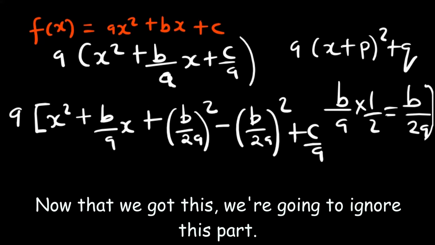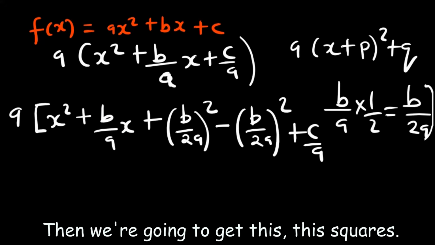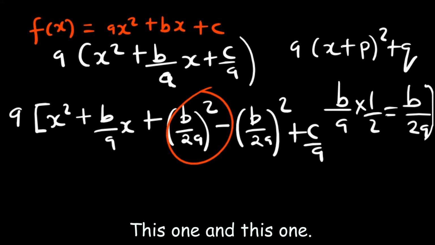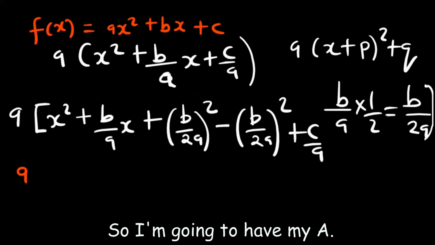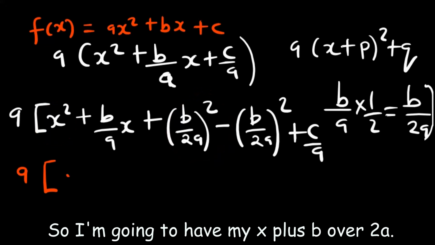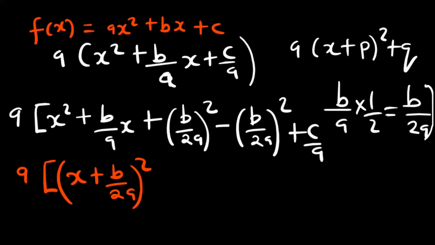Now that we've got this, we're going to ignore the part that we halved, then we're going to get the squares, this one and this one, and we're going to put them in one bracket. So I'm going to have my a, then x plus b over 2a. Since both of them are squared, I'm going to put the square outside. Then I've remained with minus b squared over